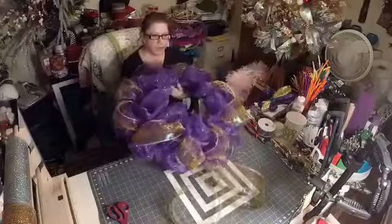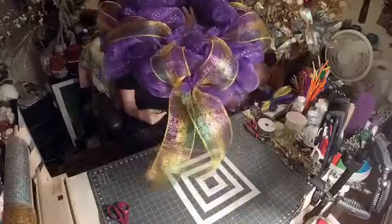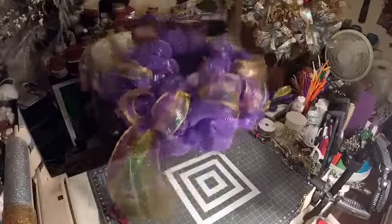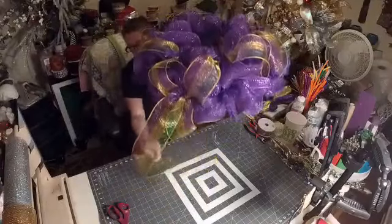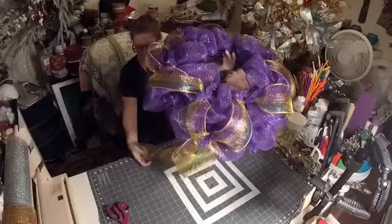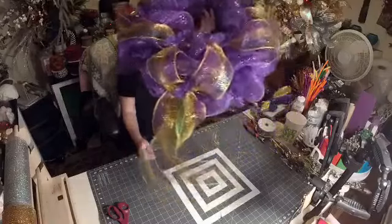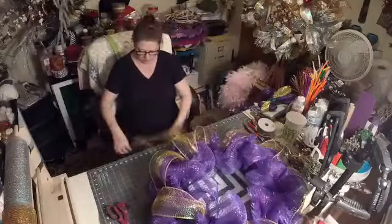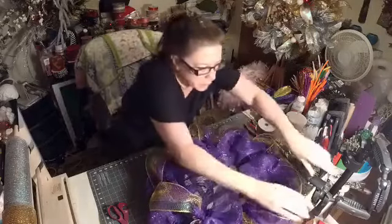So that's what it looks like so far. You're going to have the tails hanging down. Now, what I usually do, and it takes a little bit to do this, is you want to twist them, okay, and see how it curls like that? Okay. So now we're going to take, pan back down,